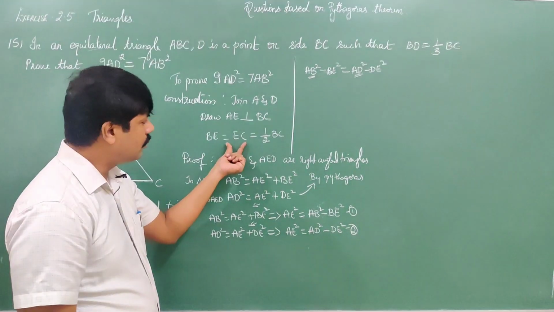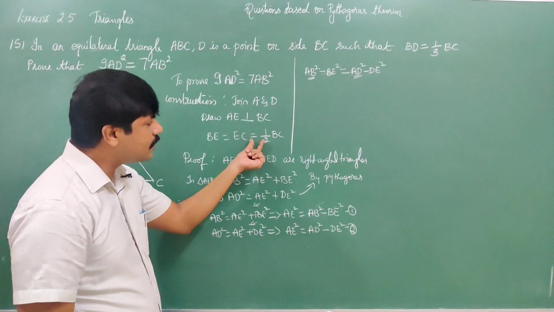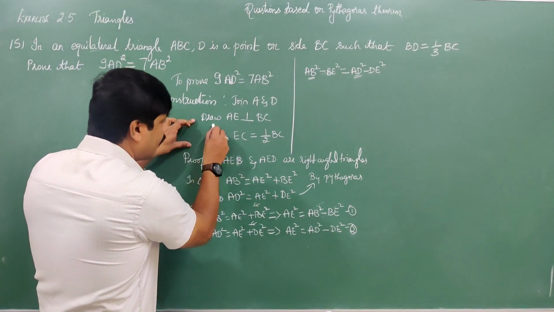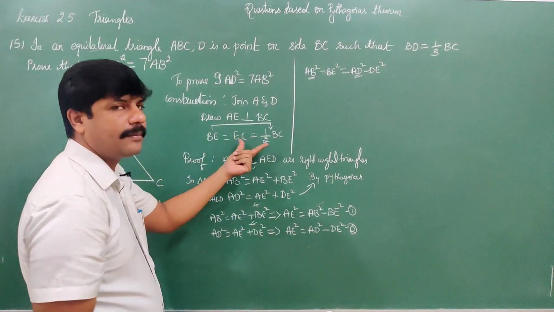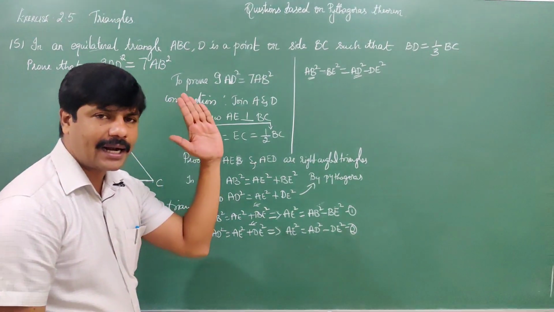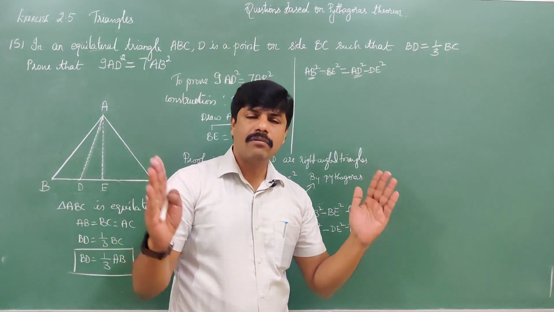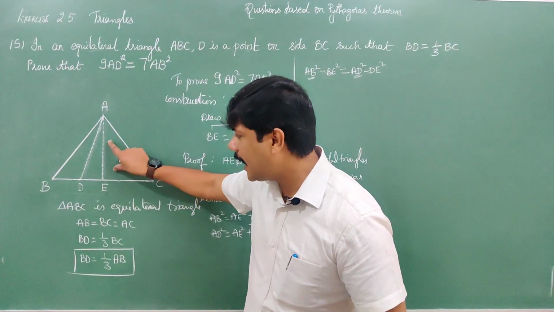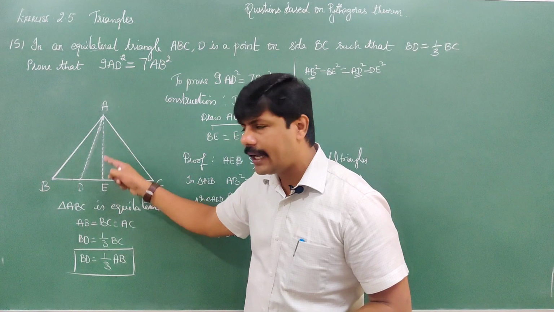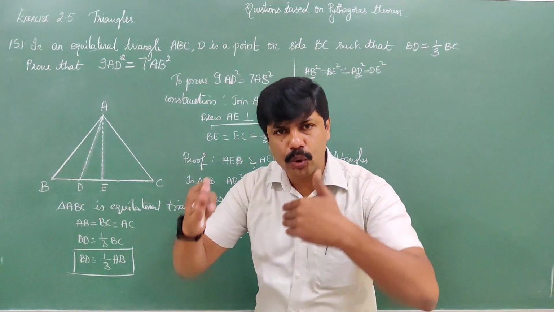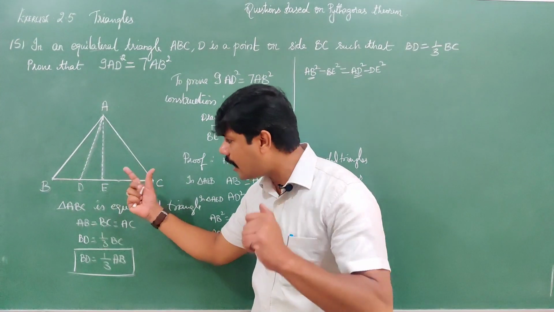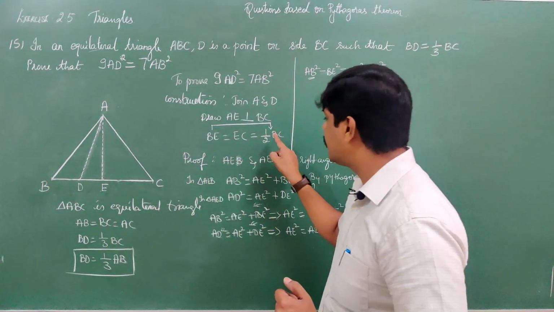BE is equal to EC, which is equal to half BC. Here, BE is equal to half BC, because AE is perpendicular to BC and ABC is an equilateral triangle. This AE divides BC into two equal parts, that is, BE is equal to EC, or BE is equal to